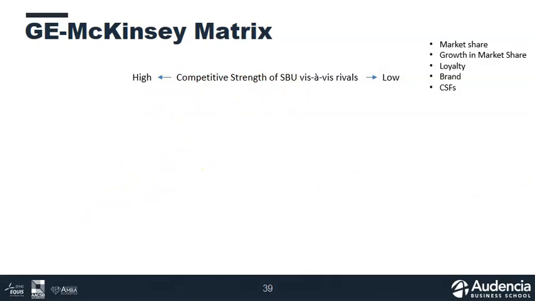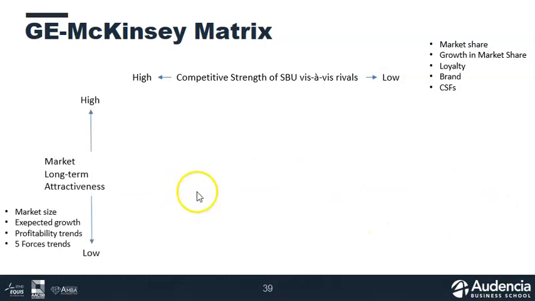The second part of the McKinsey matrix is the long-term attractiveness of the market. We spoke about attractiveness of markets and industries with Porter's 5 forces, for example. And we asked ourselves, well, is it an attractive market to be in or not? So this is dependent upon market size, the growth of the market in the future, the trends in profitability, etc. So in this space, where we have competitive strength of the SBU relative to rivals and market attractiveness,